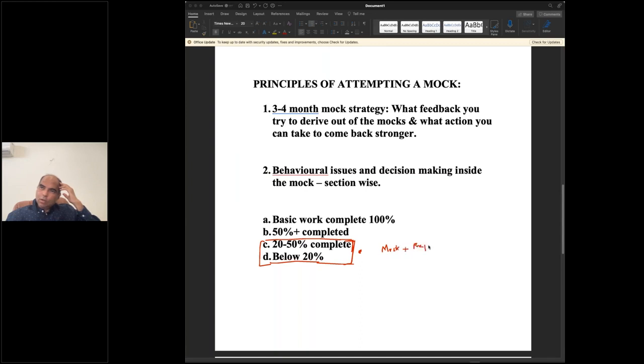When I talked about 1 test in this month and 3 tests in the next month, even that track for people of this category will mean a test every 10 days. You take a test, take the feedback from the test, prioritize the chapters and areas which are creating a problem, go and solve that issue, and come back to the next test. So you have deadlines, and rather than preparing in a vacuum, you're preparing in a time-bound manner, with a clear focus at every point in your preparation, right? So having said that, the other factor,